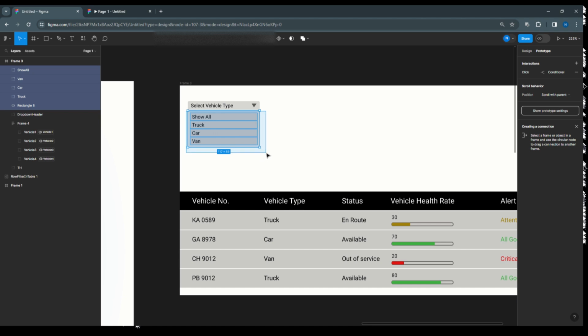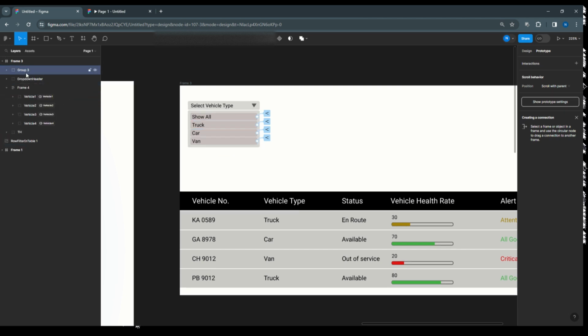So we need to make this one group, and we'll say drop list, and this is for the vehicle type, and here the drop down header needs to add the vehicle type. So this is the drop down header, and this is for the